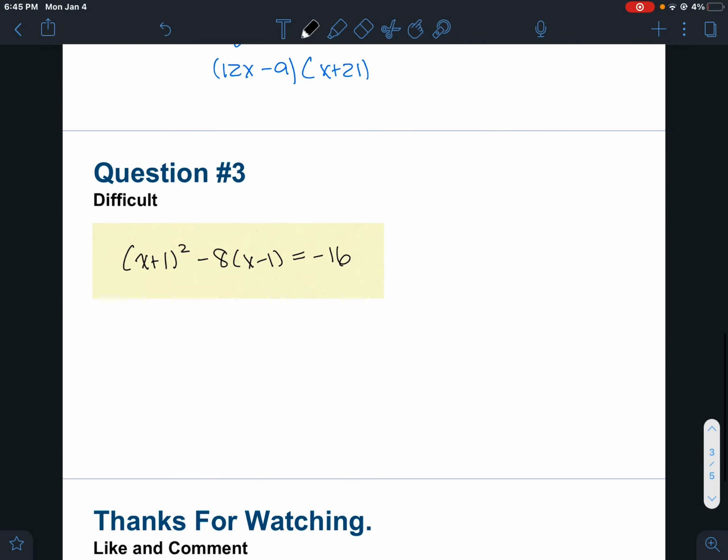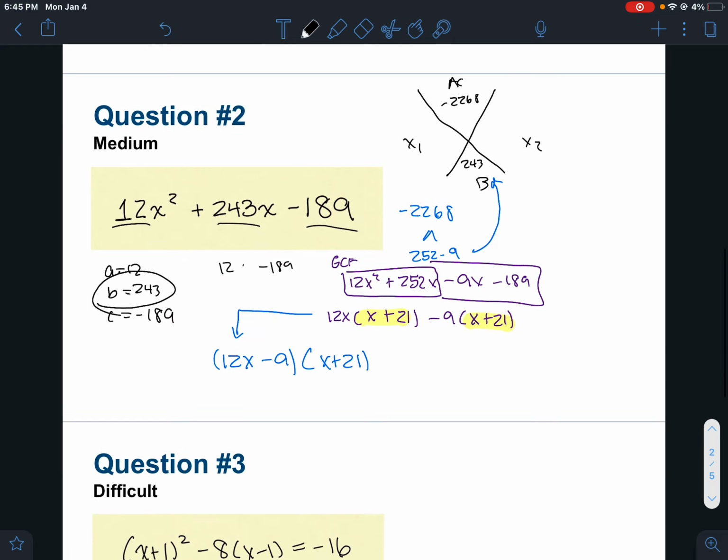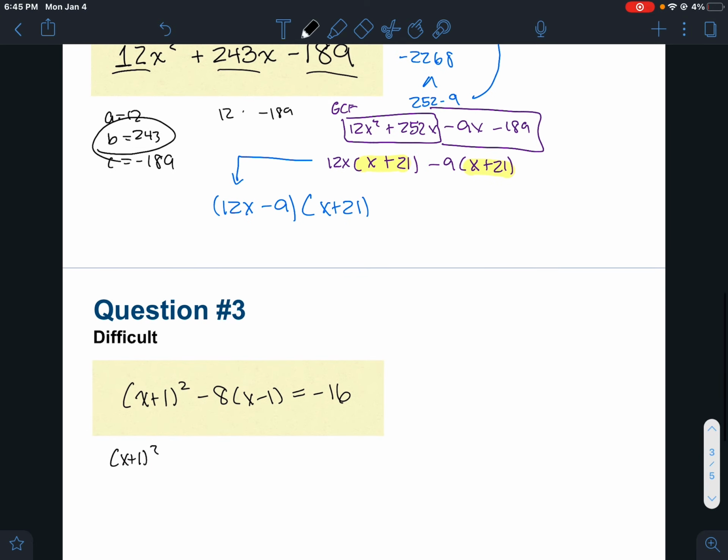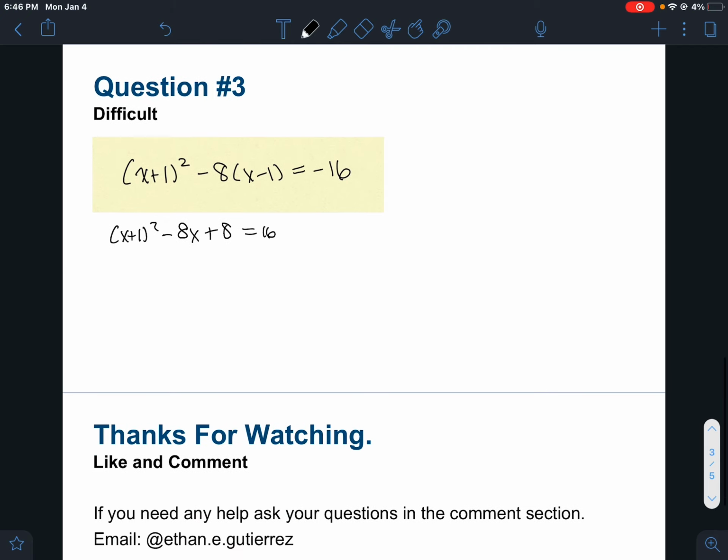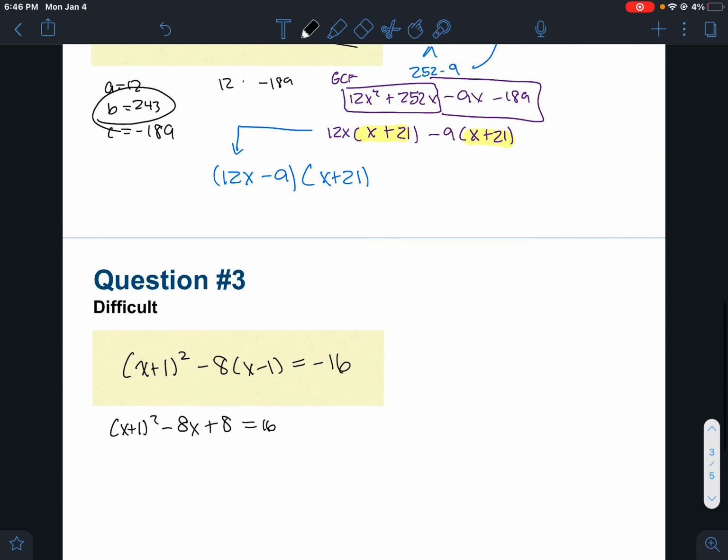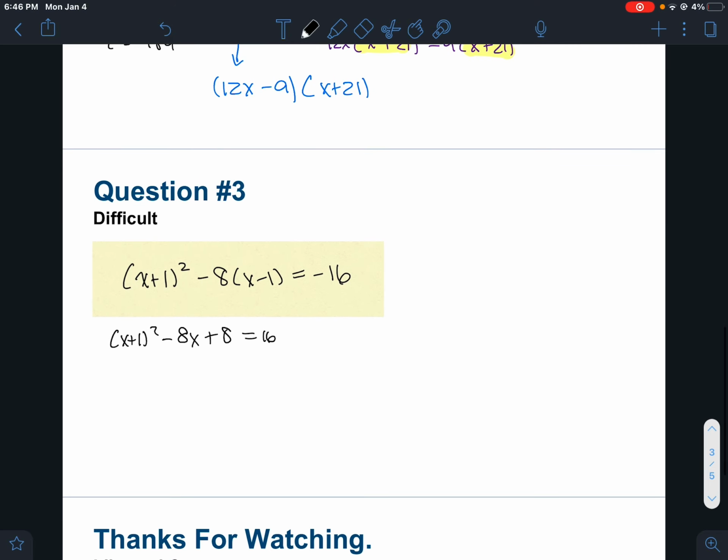So, because we know it's factoring, we want to keep it as x plus 1 squared, and then negative 8 times x minus 1 equals negative 16. I'm going to factor this out, x squared plus 2x plus 1 minus 8x minus 8,